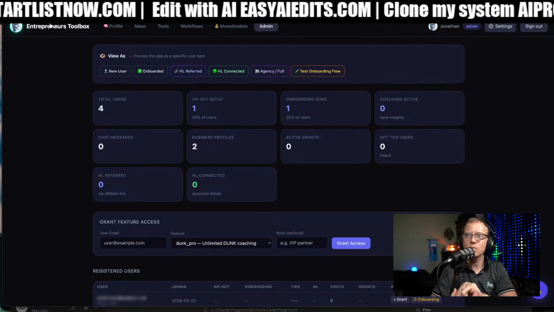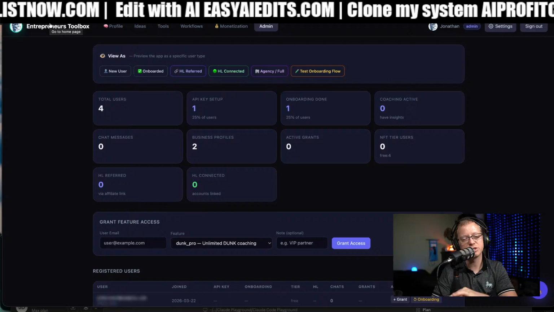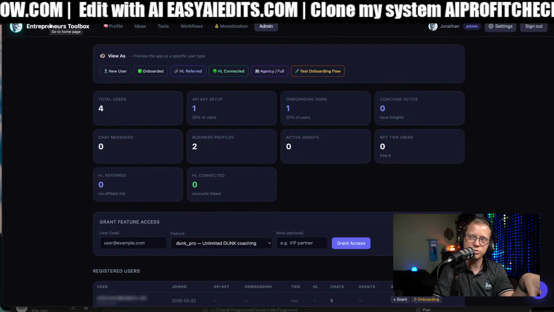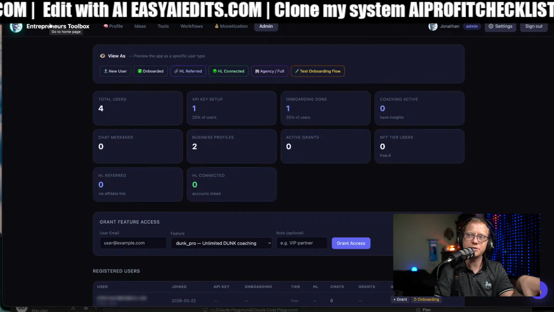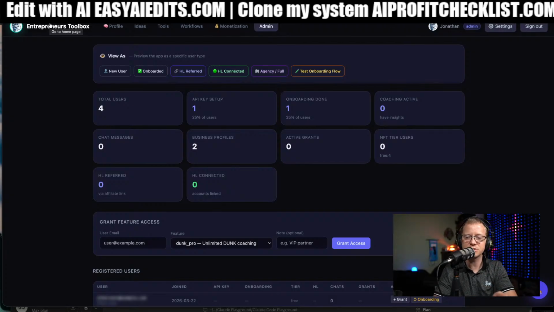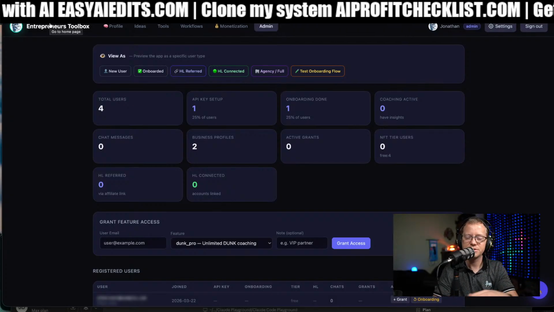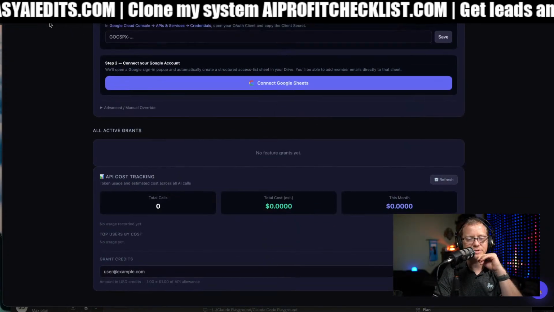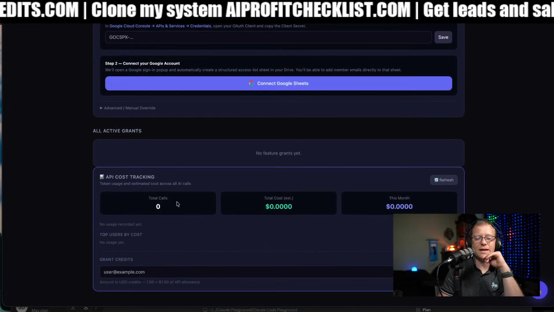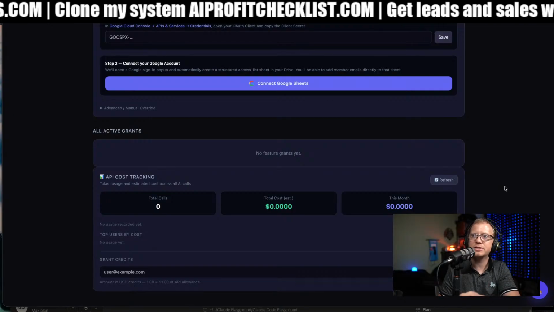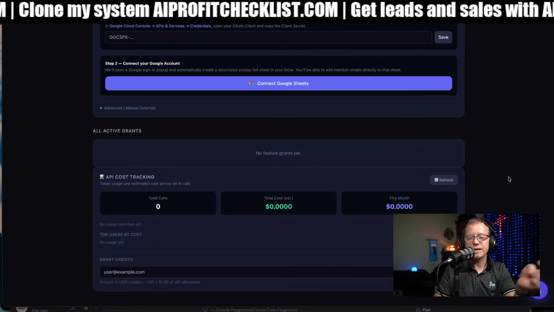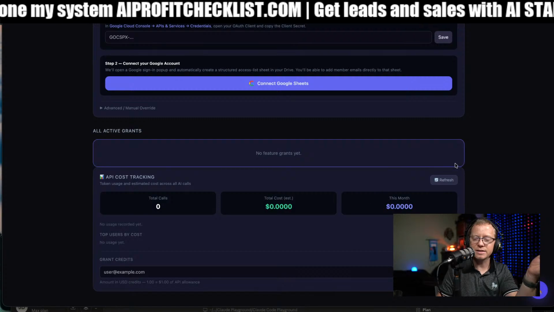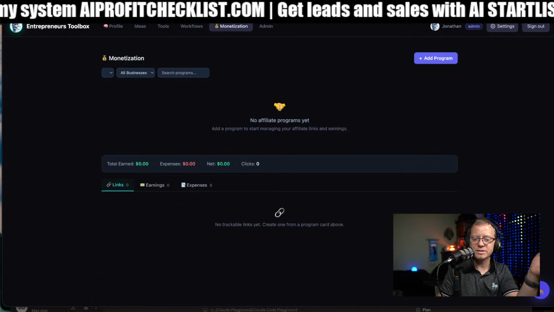And if something works and I'm able to spin it off into its own little standalone tool, I already have the whole entire infrastructure built because it's basically this tool, but it's just a part of it. So I just spin that piece off. I have AI do that. But as an admin, I'd want to be able to track how much my API costs are. And then the idea is that now I have this data, and when we're in monetization,